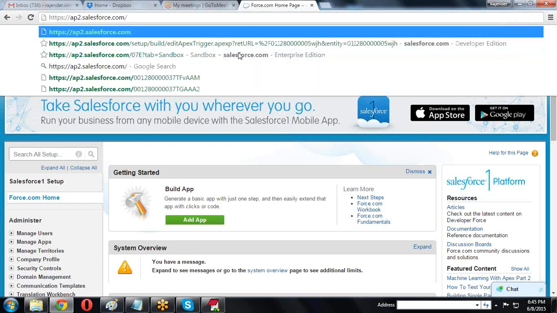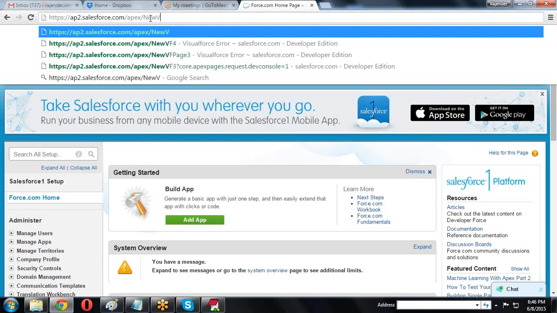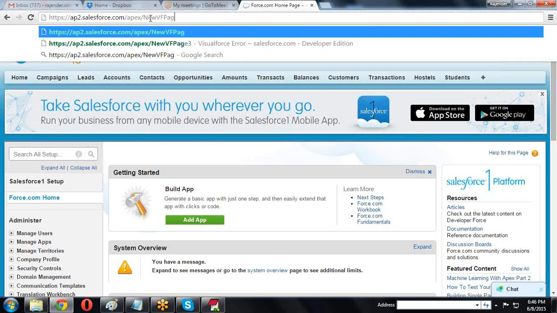So here https double slash ap2 something salesforce.com like this. This is the name. Here apex slash new vf page.